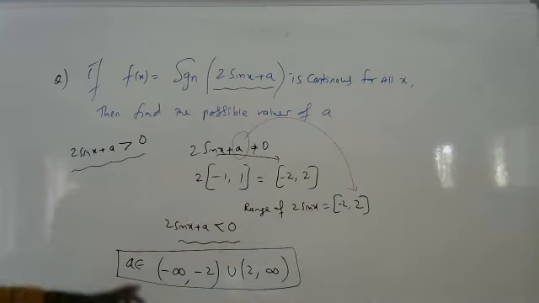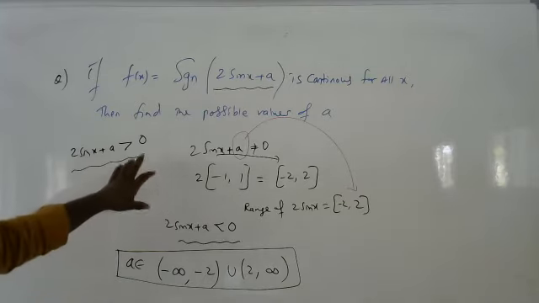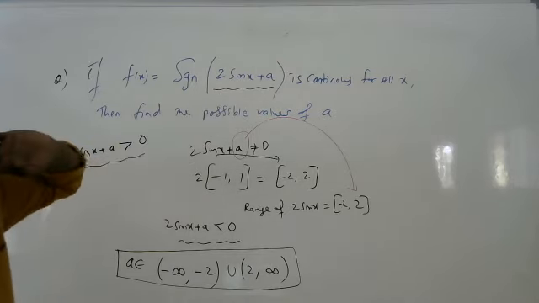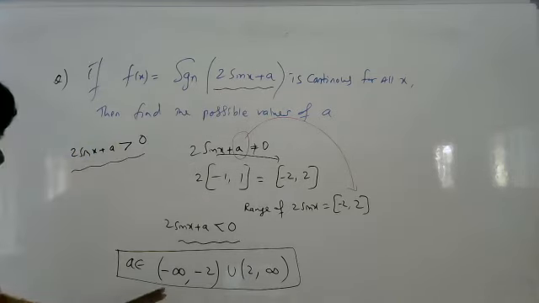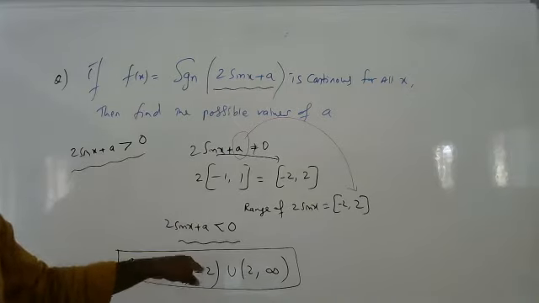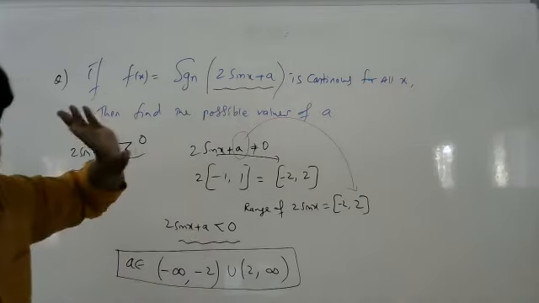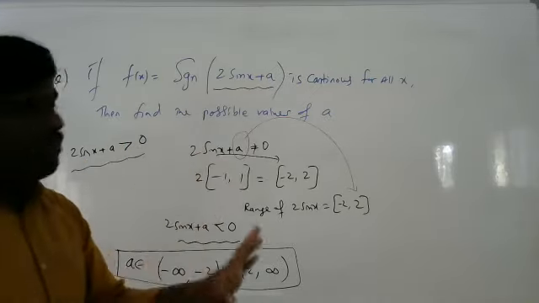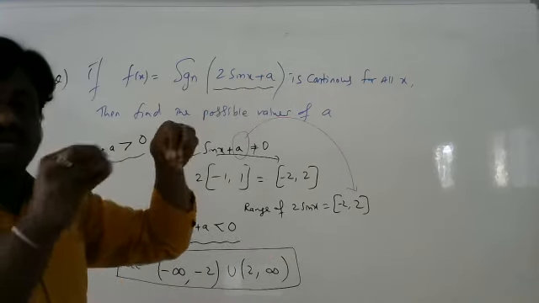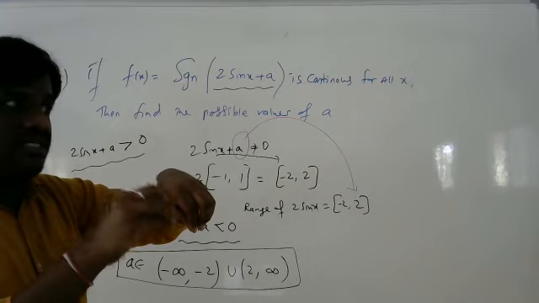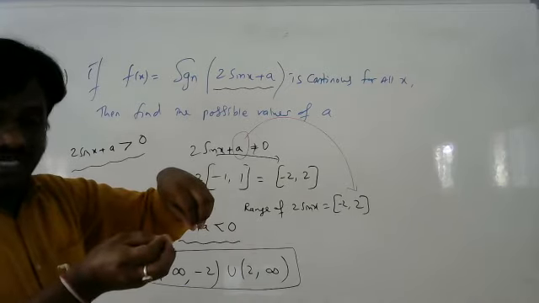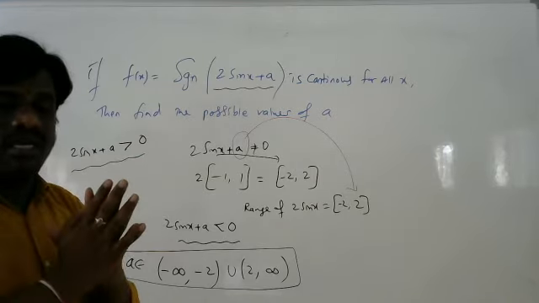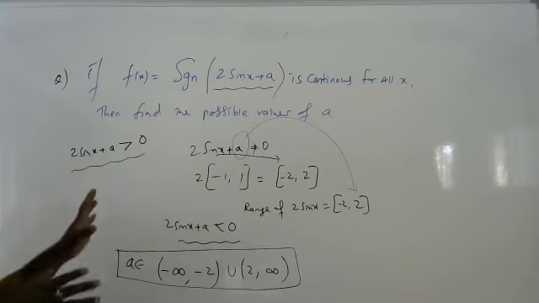Copy this. If you want anything, or if you do not understand, let me know. See, it should not become 0. So what should be the value of a? If a is in the closed interval at 2 or -2, it will become 0. It means if you take any number in the closed interval -2 to +2, there is a possibility you will get signum 0. Signum 0 is 0, so 0 should not come. Signum should not become 0, then only we can say it is continuous.